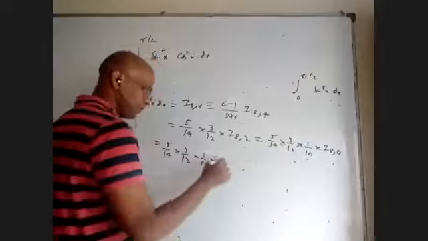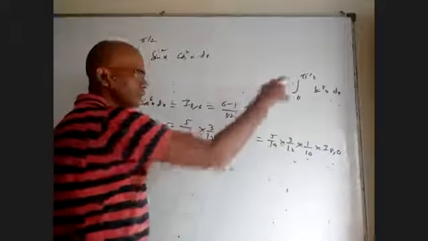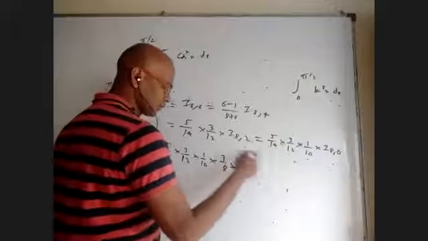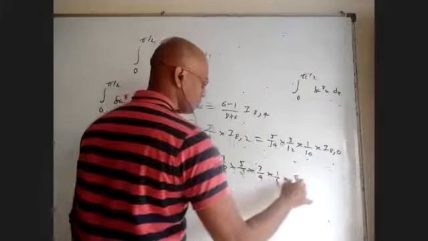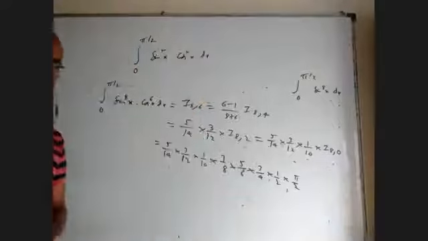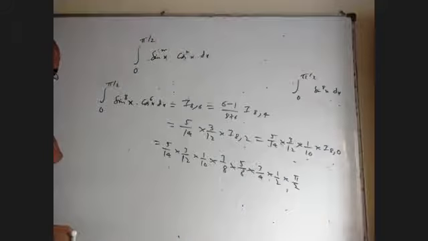What is the formula for that? 7 by 8, 1 less than that, then 5 by 6, and then 3 by 4, and then 1 by 2, and then pi by 2. Right? Now you see carefully what is happening here.